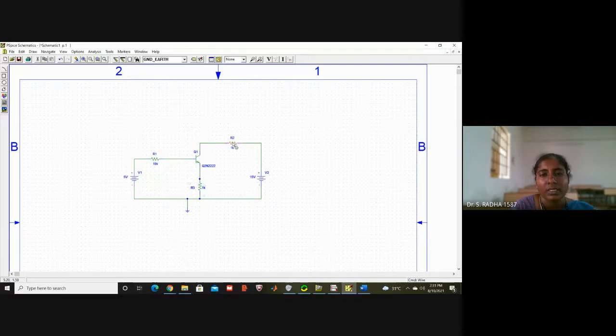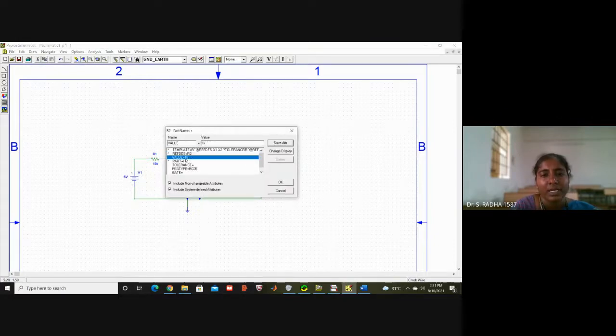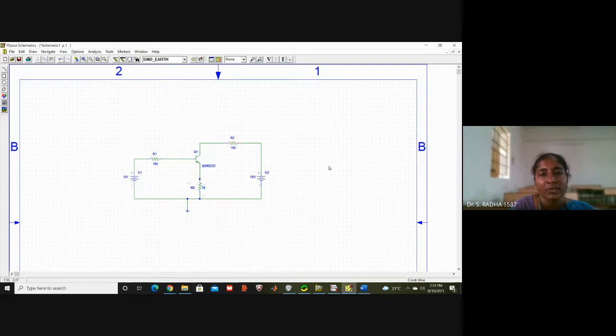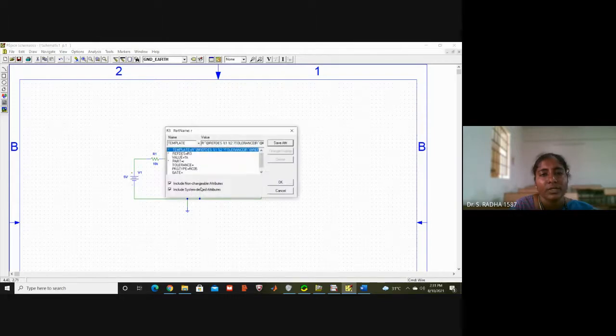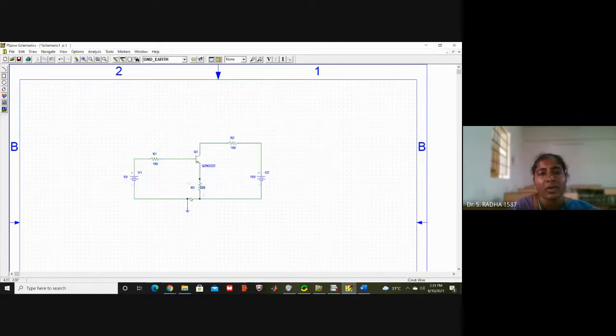This is 100. You can maintain any values, but you can see a proper waveform only when the design values are correct. There is some relation between all these resistors for the current flowing in the circuit. So for these values in the circuit, we can see the graph visibly. Clearly, the graph can be seen only for these values. This is 100. Okay, I have completed the schematic.